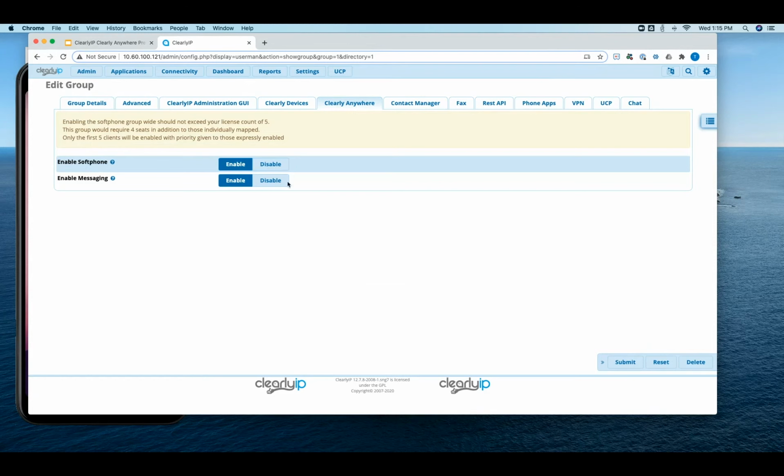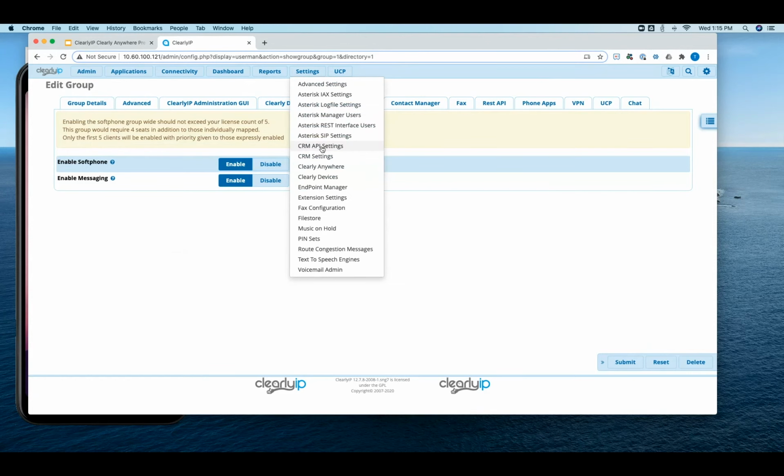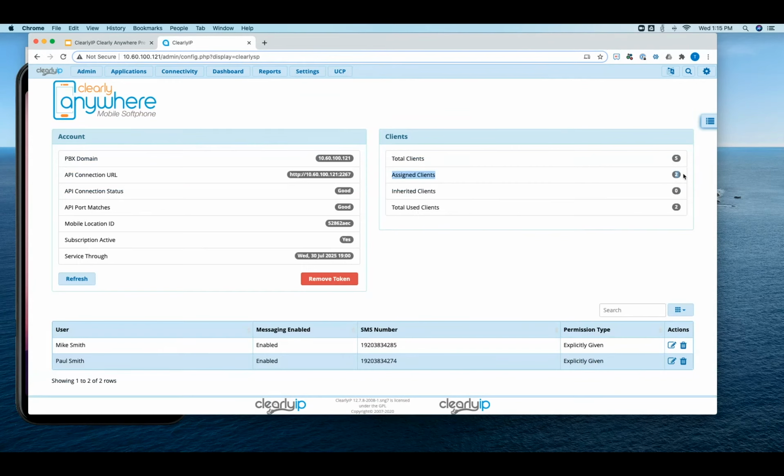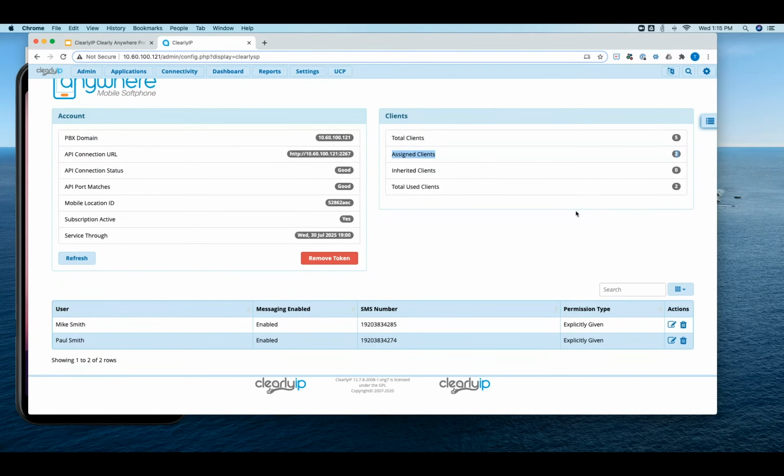So that means all the users of this group who are set to inherit will also have softphone access, which gets back into the Clearly Anywhere telling us 2 of our users are explicitly given permission and 3 of them would be inheriting if I resubmitted that. So I can see which 2 are explicit permission at this point. So now that we've set up and said which users are allowed to use the app,